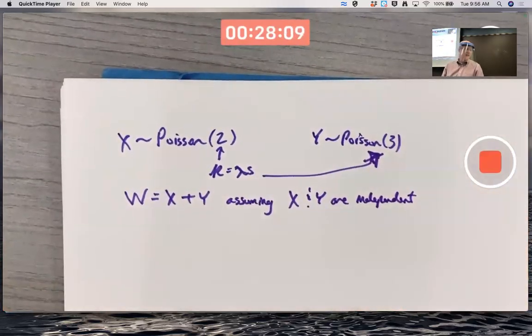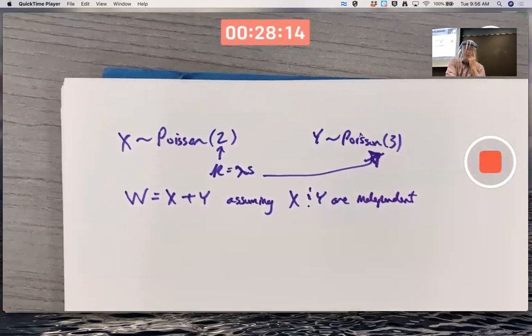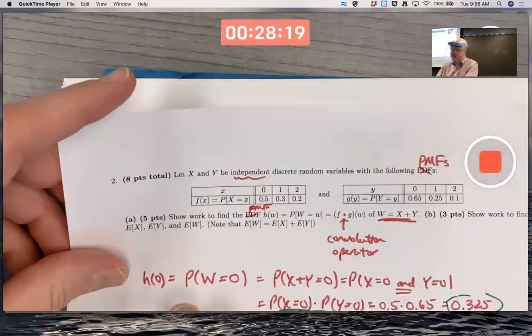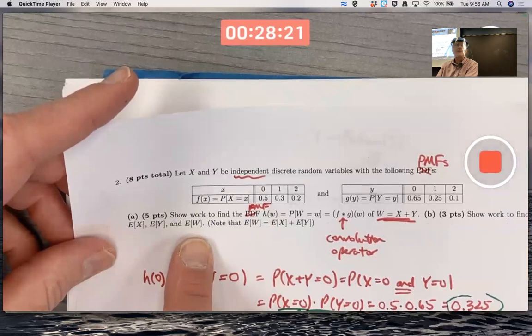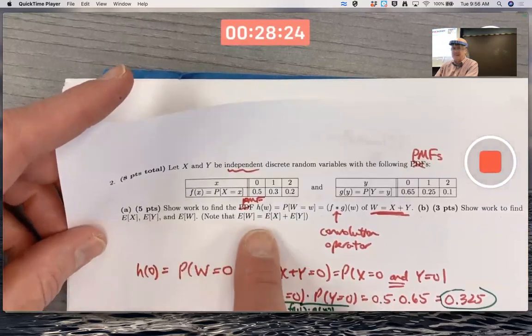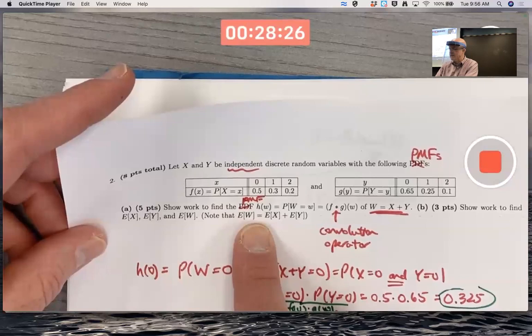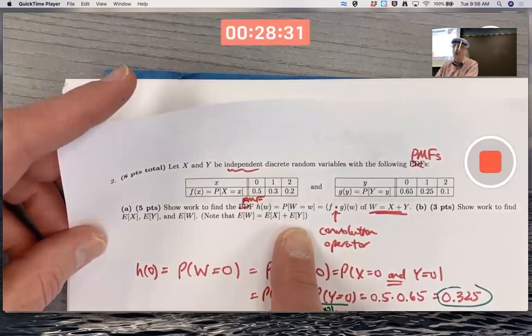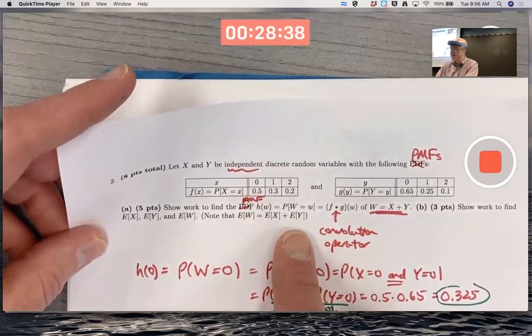By the way, I should have emphasized that in the previous problem I could also have found the means of X and Y and W. And yes, it is true that the expected value, the mean of W, is the mean of X plus the mean of Y. And that's something you've always known since you learned chapter 3 in Prob and Stats. And you can confirm it with the formulas here. But what I want you to realize is this fact, even though it's a fundamental fact that we always use,